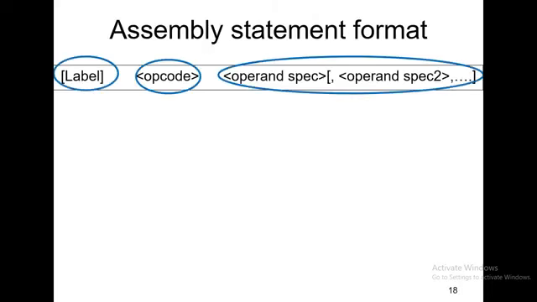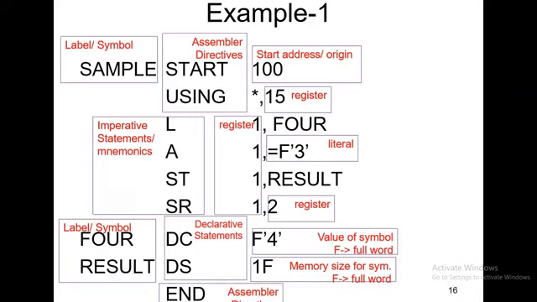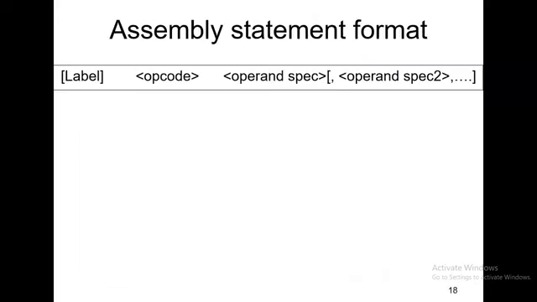Now see the syntax. First label is there, after that opcode is there, and thereafter operand specification is there. For example, temp is what? Label. After that opcode is there. Suppose ADD is here. See the previous one. First label is there, after that opcode, and last one is what? Specification of the operand. For example, here L, and here is the specification of that operand, right? So this is nothing but the syntax.